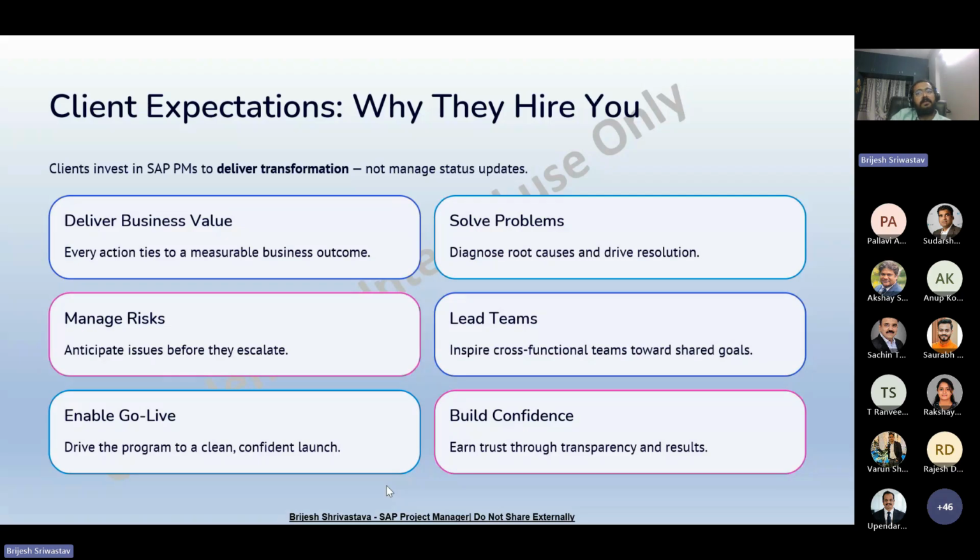Whenever you solve a problem, manage a risk, lead the team, or enable go-live, these are the expectations. And you also need to build confidence and trust with your client, because they are expecting a result.